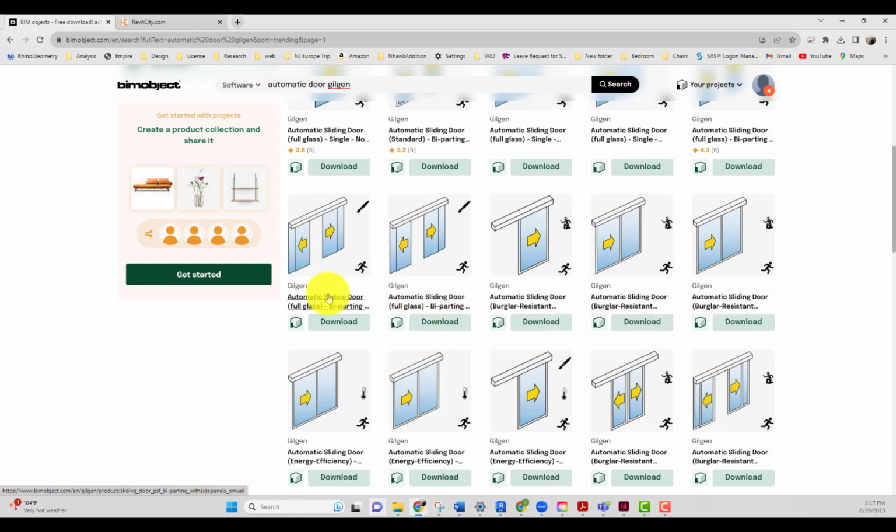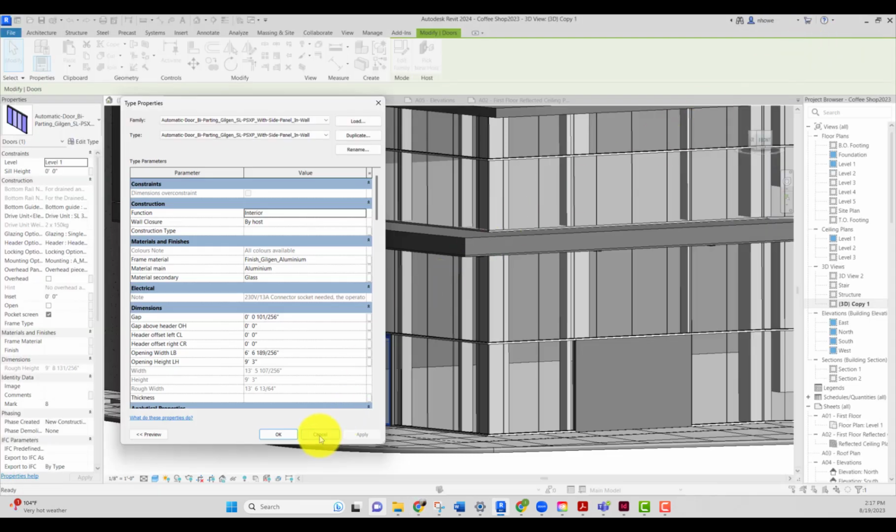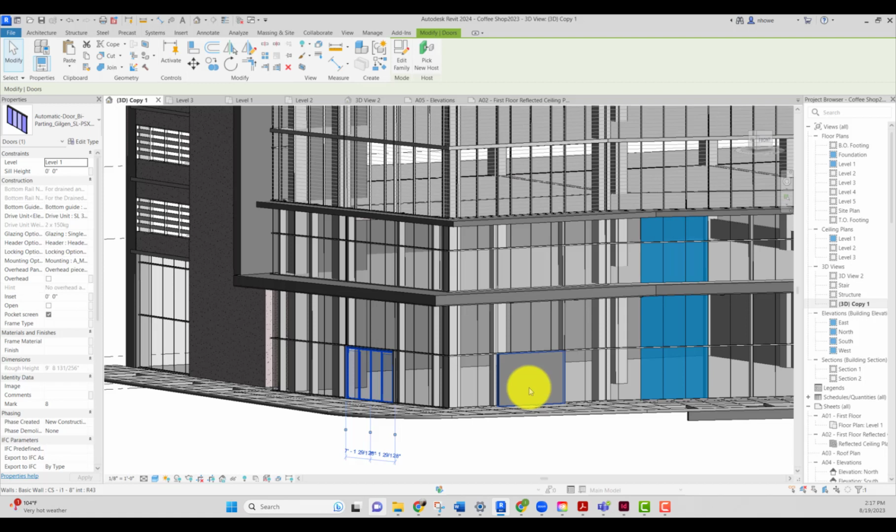I think this one would work. Let's say either of these will work. Basically, you're looking for 2 static panels on the edge and then 2 active panels in the middle. So bring that over. And then what you're going to do is that the curtain wall system is going to